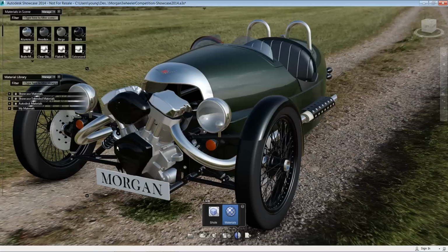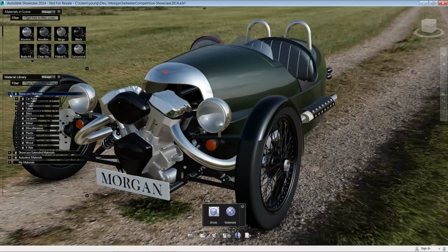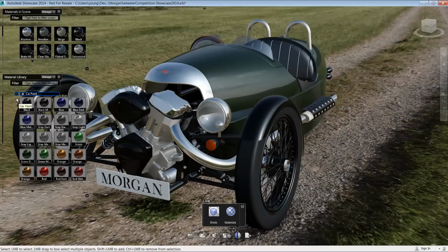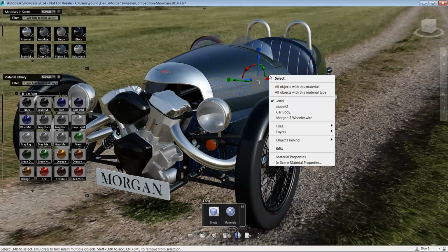And we're going to get our material library. So we'll go ahead and open up the Showcase materials, and then we'll open up the car paint material. Now we have to make a selection of the green paint. We want to change that green paint that everyone's going to have to a paint that is uniquely ours for our own ad. So let's go ahead and select the green paint, and we're going to right click on the